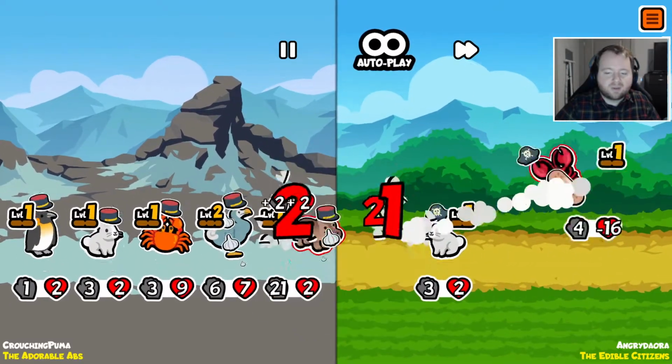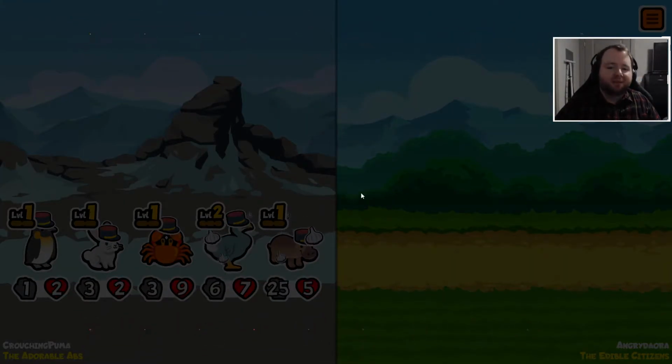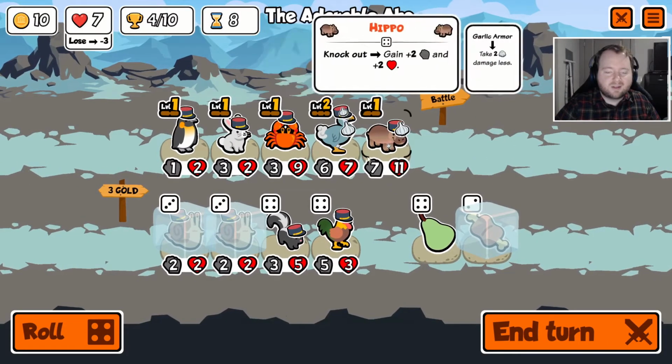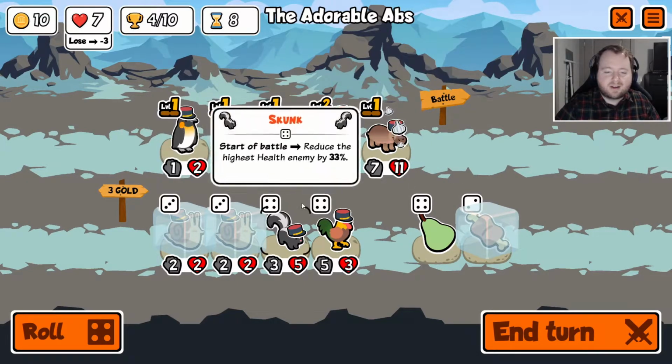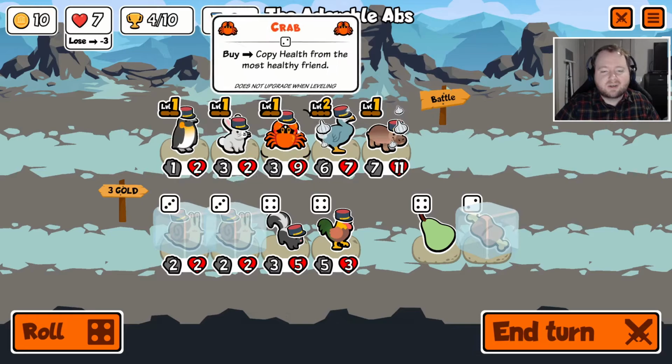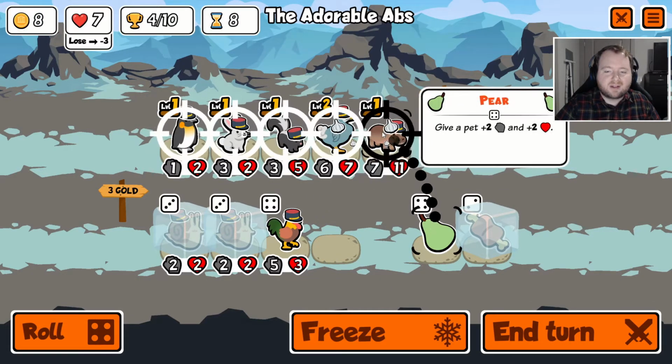Alright, this is working beautifully. That is the power of a hippo. It's not the easiest animal to get going, but if you get it going... Now, that kind of ruins our snail build. I never really know what to do with snails. I think they're so good that you kind of have to freeze them, but I'm also like...